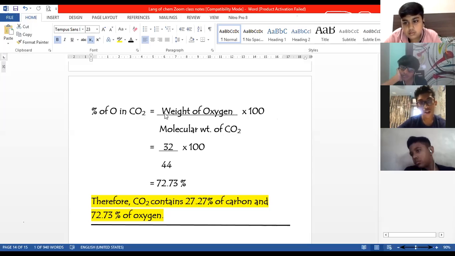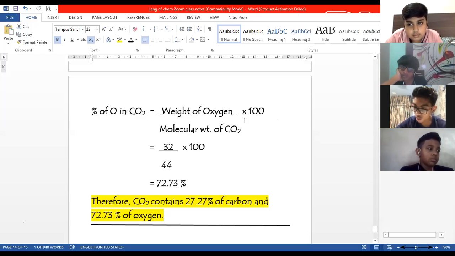So you have to write all these steps, but instead of dividing this and multiplying this, you can just subtract the answer of carbon from 100 and write the answer. But you have to show these steps, and you have to make sure that you are not showing anywhere that you got the answer as 100 minus whatever it is. That is possible, but then the steps should be shown like this.